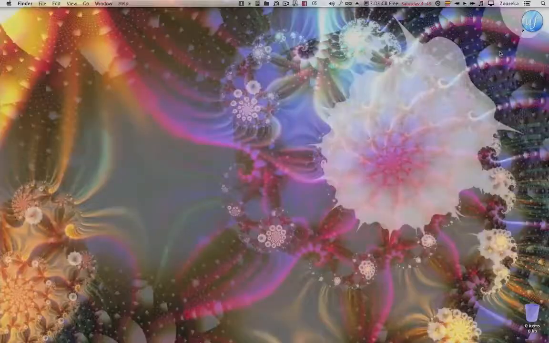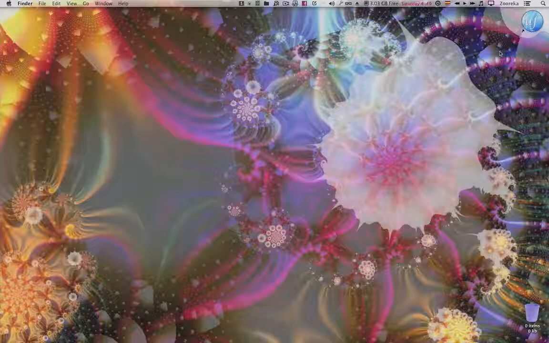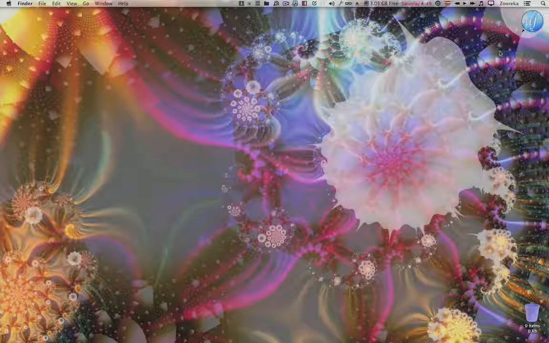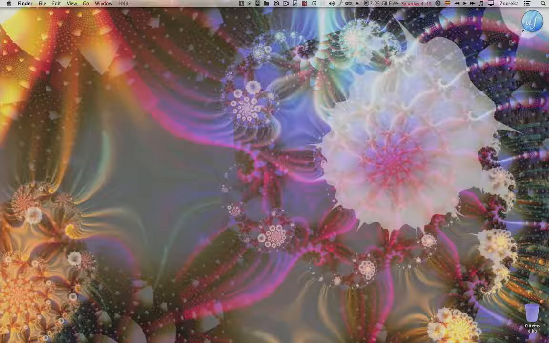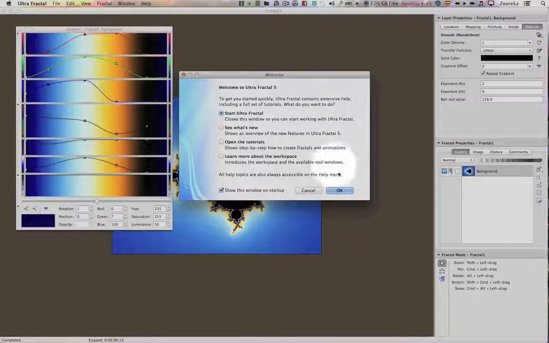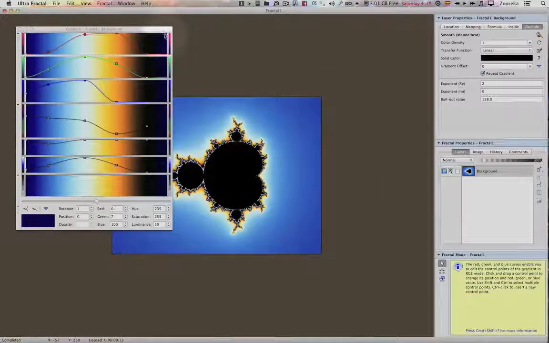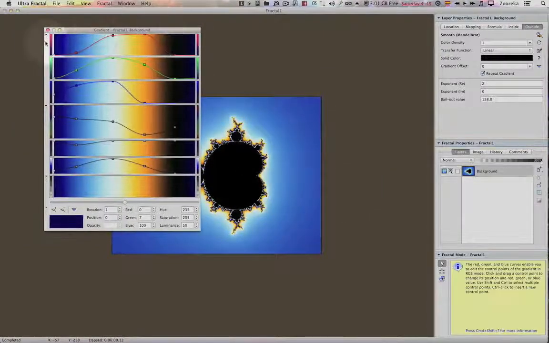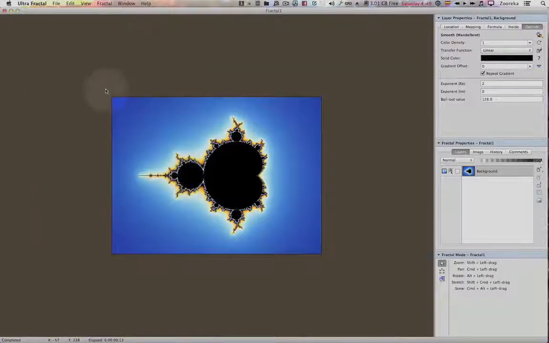Now let's try to put some of the skills we've learned in the earlier lessons together in this fractal we're about to make. So I'm going to launch Ultra Fractal, accept the OK. Let's close the gradient window for the minute. Okay, I've got to make a decision. I don't know what I'm going to do yet, so let's go for a Julia. We've been working with Julia pretty extensively, so why not use that as a good starting point in fractal types to explore. So we go